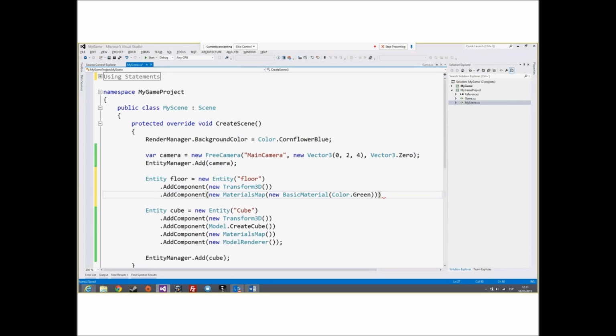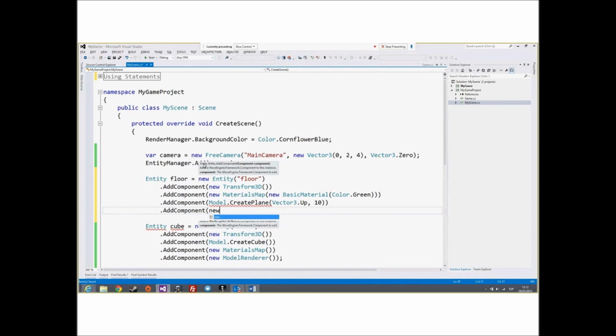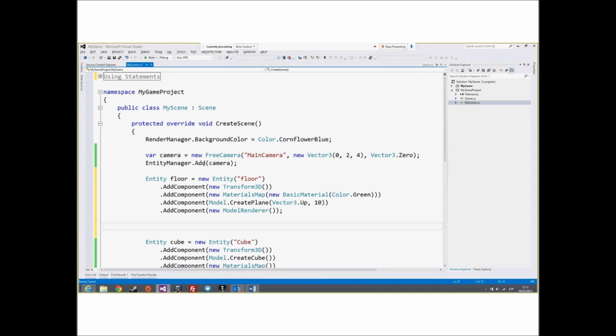And we also need a model. This time I'm going to create a plane primitive with normal looking up and size, for example, 10, and finally we need a model renderer to draw it, and we also need to add this new entity to the entity manager tree, at floor.